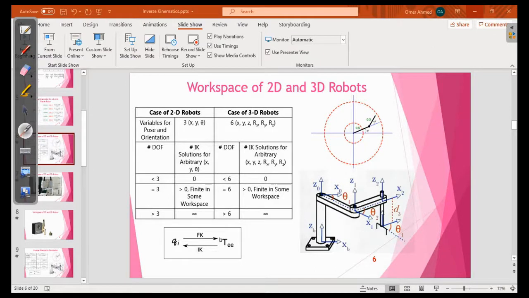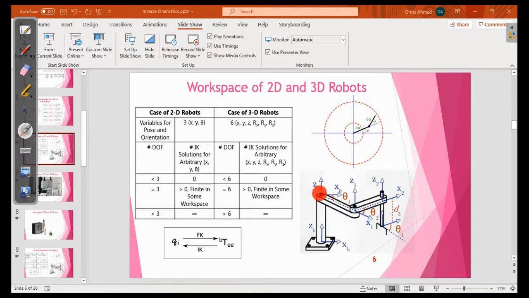Okay, for the first case, with fewer than 6 degrees of freedom, a simple example is the SCARA robot that we have already seen. The SCARA robot has 4 degrees of freedom. There is a rotation around the first local z-axis, then there is a rotation here, then there is a translation. This joint is a prismatic joint, so there is a translation, and then we have a fourth degree of freedom, which is going to be the rotation around the end effector. So this is a 4 degree of freedom robot.